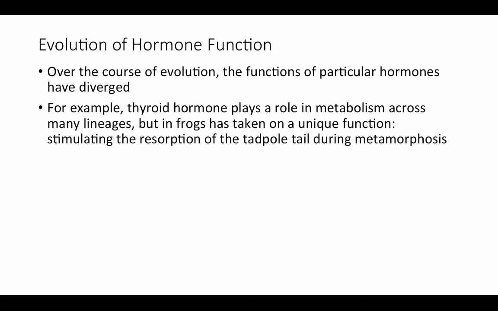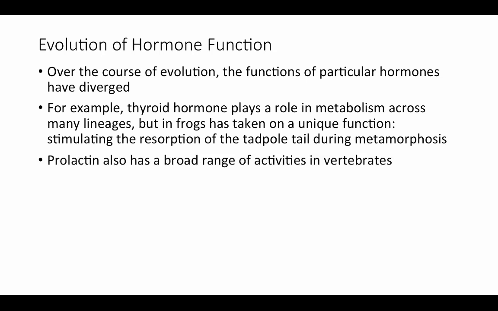The cells in that tail undergo apoptosis, and those materials are reused by the body when the frog is losing that tail and growing legs. Prolactin also has a broad range of activities in different vertebrates. The role that we have talked about is in stimulating milk production, and obviously that's only going to be done in mammals. Mammals are the only vertebrates that produce milk, so prolactin is a hormone that exists in other vertebrate groups, but